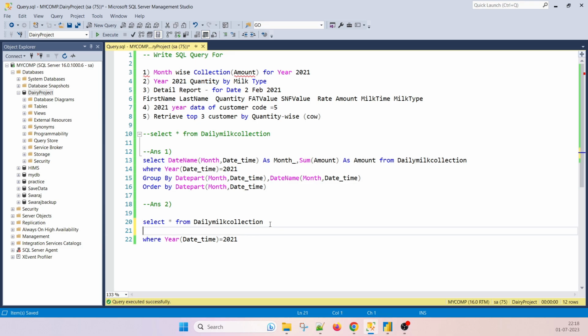We have to join with milk type master, correct? So daily milk collection inner join milk type master on m dot, d dot